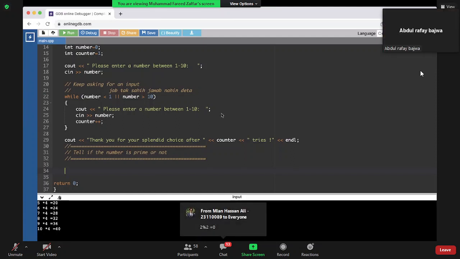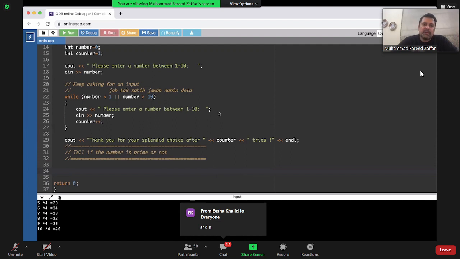हसन जी बताएं. So मैं सोचा था we'll divide it by every number. Let's say we have written 7, so we will divide it by every number between the number that we have entered and 1, and then we will check if dividing by that number again gives a remainder, तो फिर वो prime नहीं है. बिल्कुल. No, I think both the answers are correct.